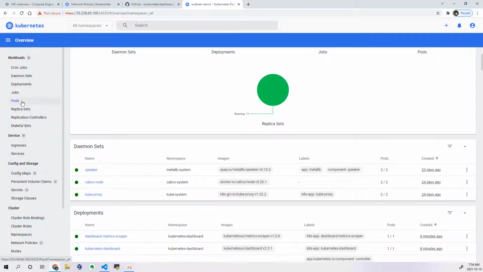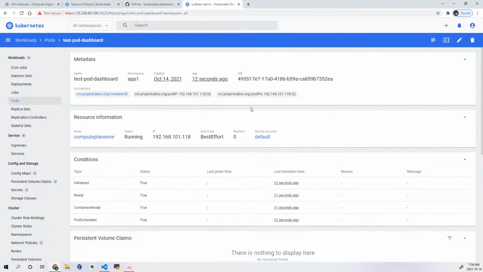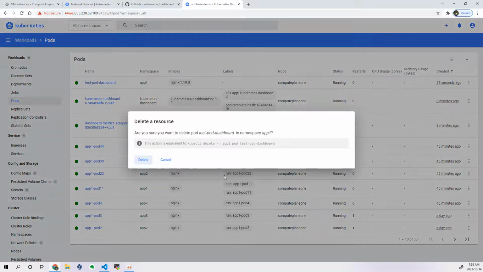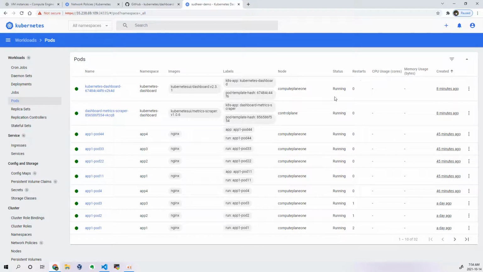Okay, if you go to the pod section, you will see this is the one you have created. You can see it is running, and if you click on that, you can see it now. Okay, so simple, right? So if I want to delete this pod, you can take this action and say delete. If you want to do an exec, see the logs, or do an edit, everything can be done here. If I want to delete this, delete. It's like the command we execute in the background, right? You can see it is terminating and it got deleted.